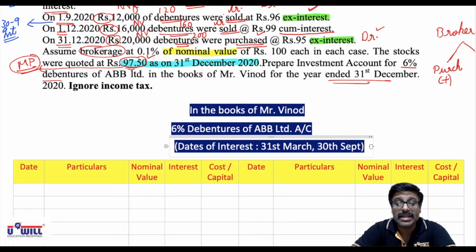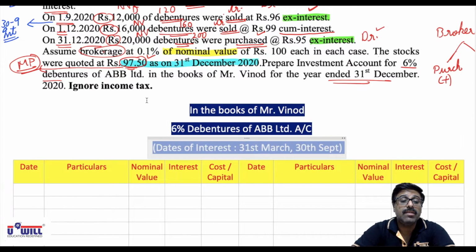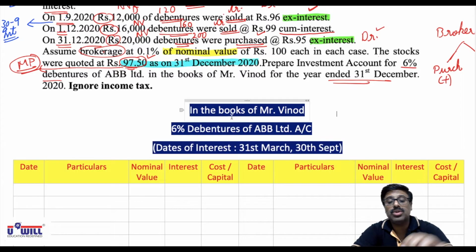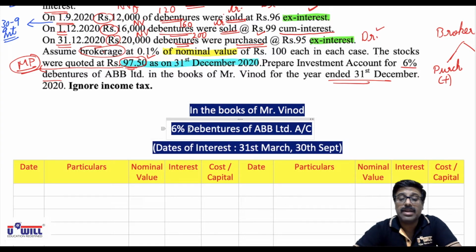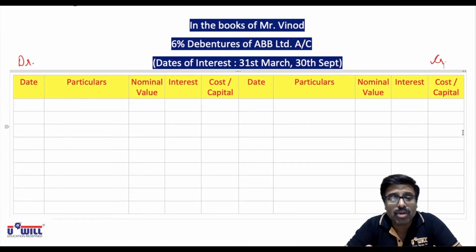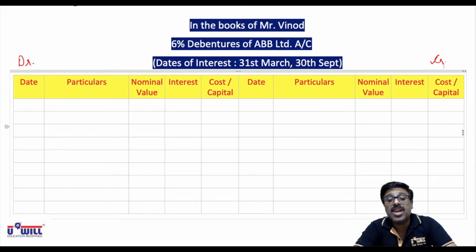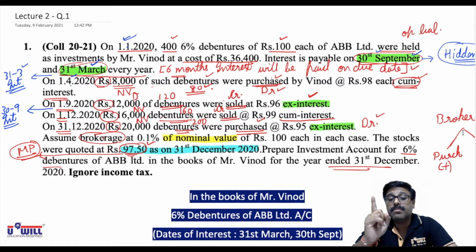These vital details, important details, we shall be writing it in all the questions. Which all important details? In whose books you are making the account, name of the investment account, and the dates of interest. So give this heading, and then one more important thing to be noted here is investment account will be a very small account. Make investment account around 12 to 15 lines. That's it. Workings will be very huge in number. Every transaction will have one working. So if I discuss that there are 7 transactions, minimum 7 workings will be there.